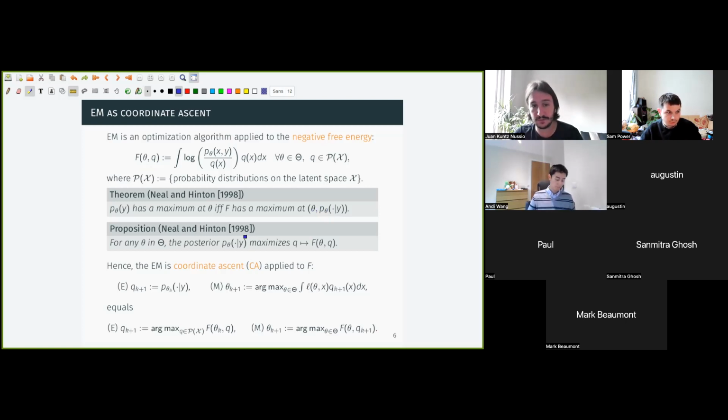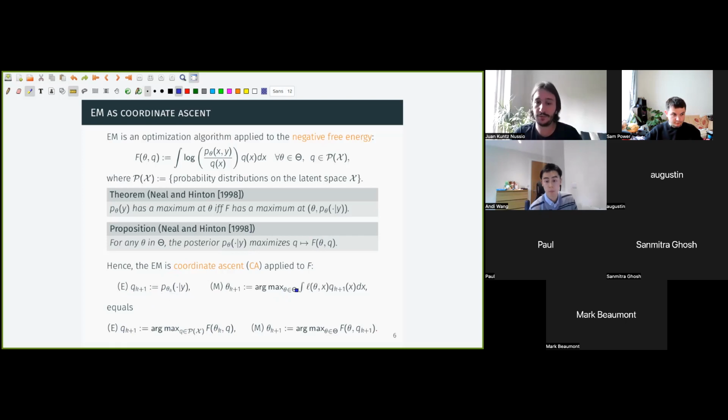Now, as for EM itself, it turns out that it's what people in optimization call coordinate ascent or coordinate maximization applied to this objective. And the connection here is this other one-line fact that you can argue in about 2 lines. It says that if you fix theta and you maximize the free energy over the q's for the fixed theta, the q that maximizes it is the corresponding posterior. So this E step, which tells you to update the q's by setting them to be the posterior corresponding to your current parameter values, is the same as updating the q's by maximizing F over q, keeping the thetas fixed at your current parameter values.